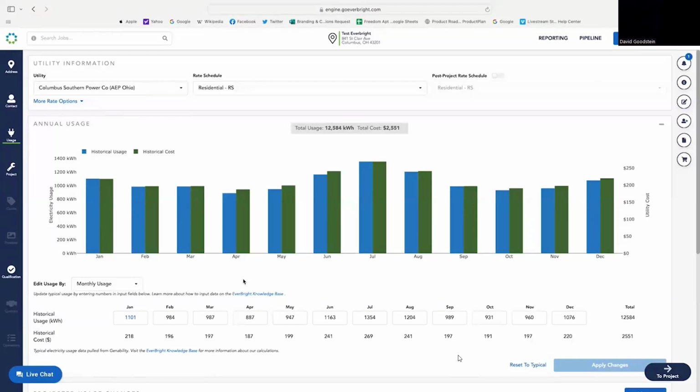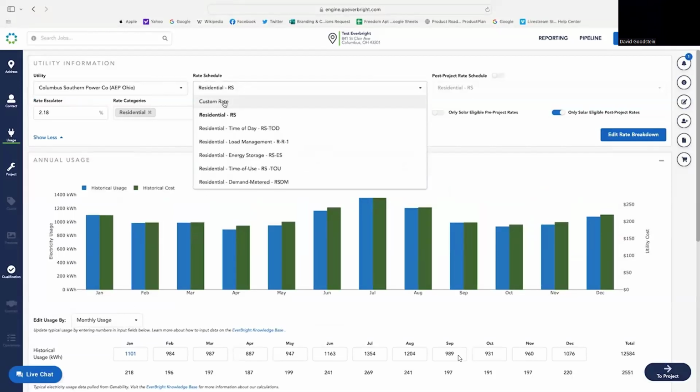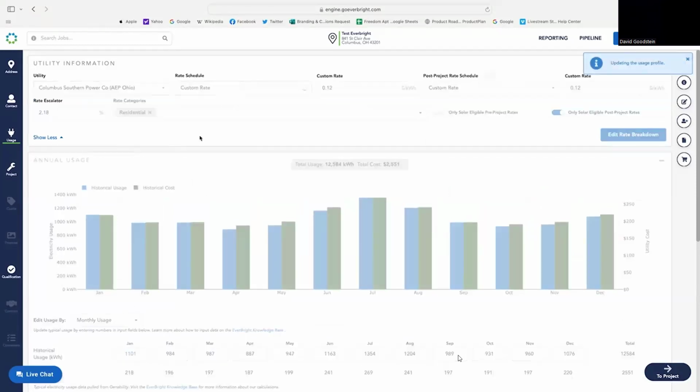Now, the current residential rate plan is also based on Genability's tools. It is up to the sales rep to determine if that current utility rate is accurate. In the event that the utility rate is not accurate, for instance, in this situation, we're going to give a hypothetical that the residential rate for this project is 15 cents. If I go to a custom rate plan for Columbus Power,